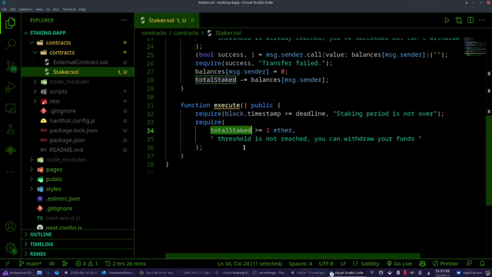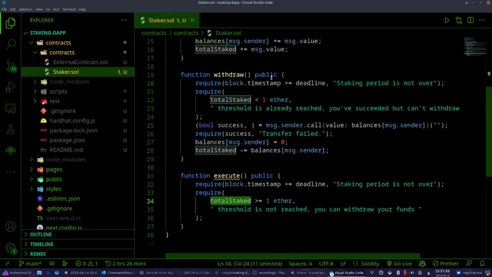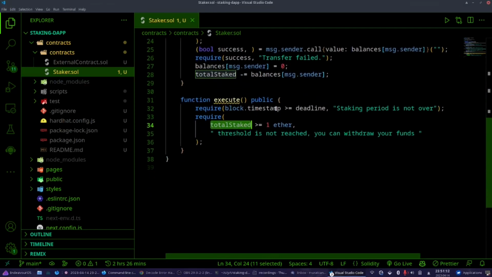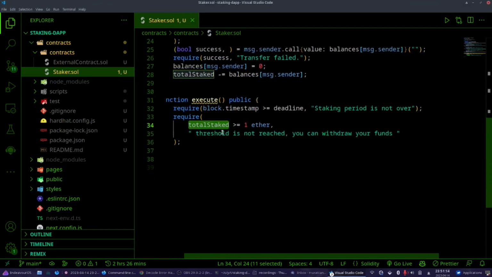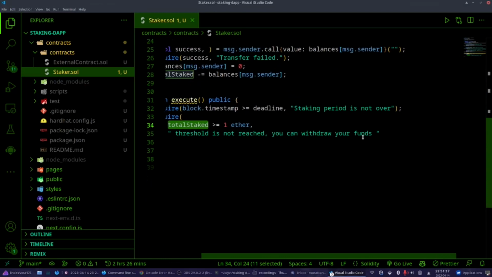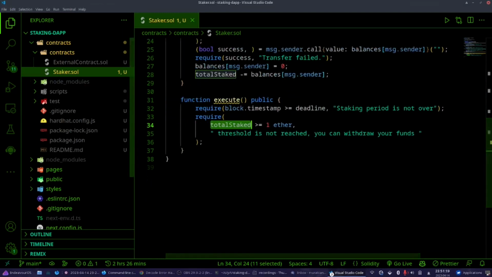If we cannot reach that money, again we will call the withdraw function. Everybody will call the withdraw function and get it back. Execute can be called by anyone. As you can see, threshold is not reached, you can withdraw your funds. Okay, now